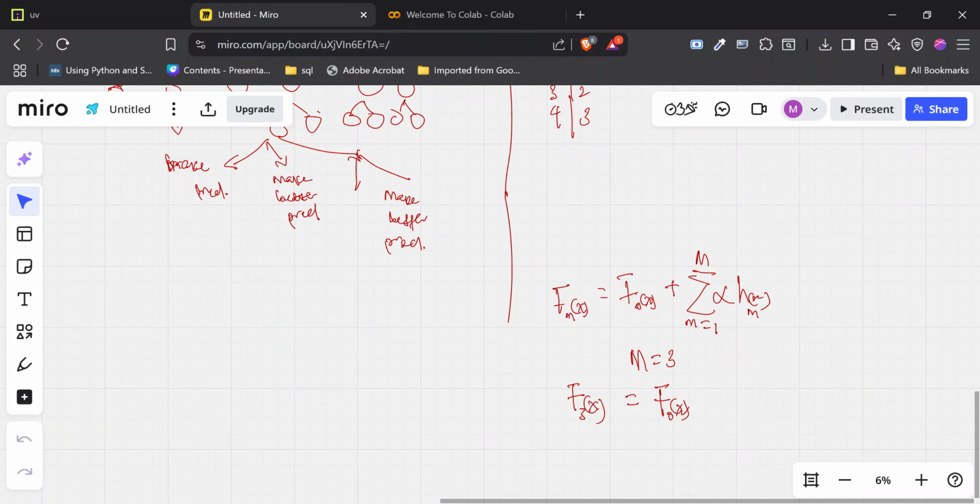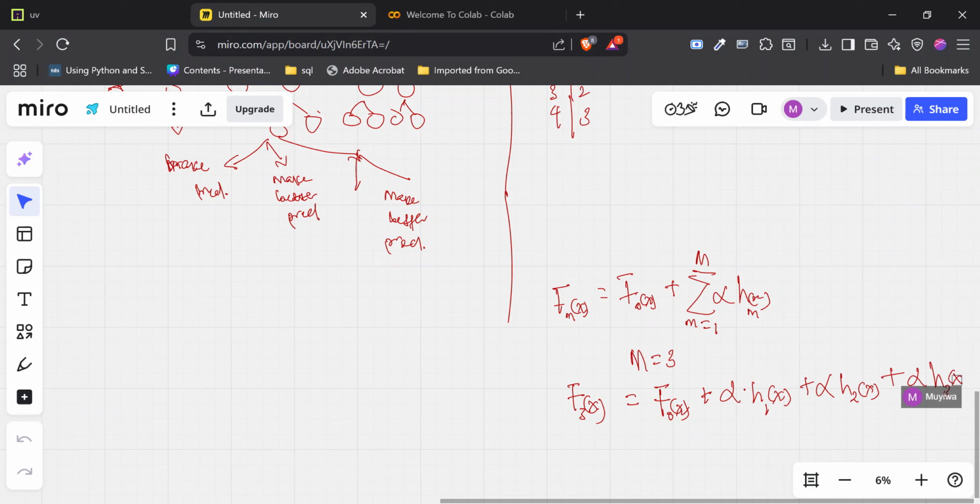that is the very dumb constant model, which predicts, let's say, something like the average, a single value, plus the first model, which is alpha multiplied by h1 of x, plus alpha, which is the learning rate. You're going to understand what learning rate means shortly. Plus alpha h2 of x, plus learning rate